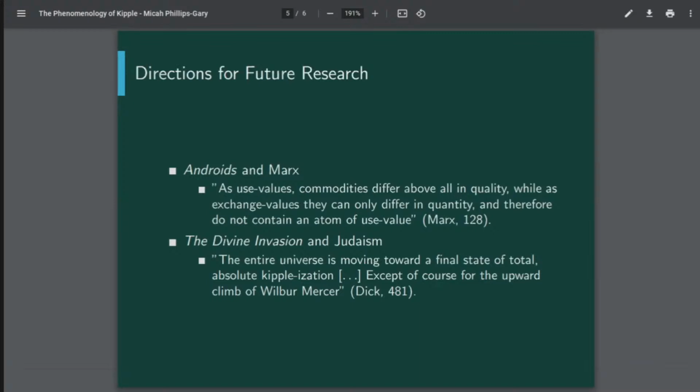Though it's already prefigured a little bit in Do Androids Dream of Electric Sheep, we get this exception: the entire universe is moving towards a final state of total absolute Kippleization, except for the upward climb of Wilbur Mercer, who's the primary religious figure in the religion of that book. And I think there's some interesting parallels to be drawn there with the notion of Kippleization and